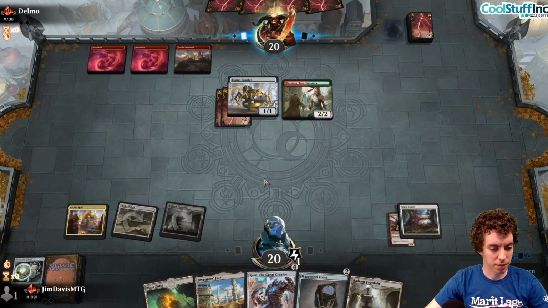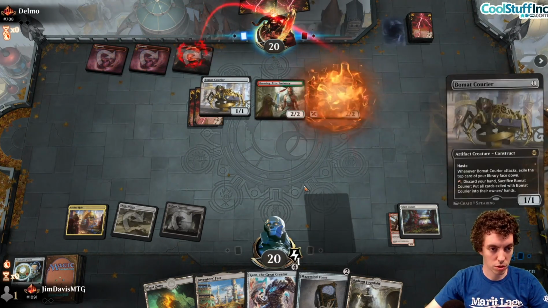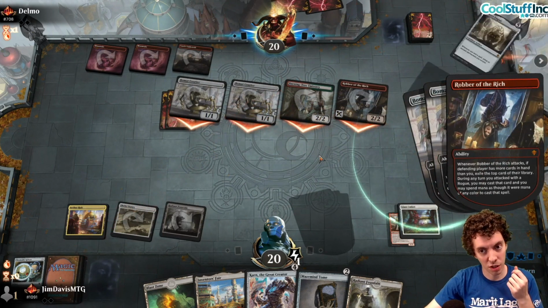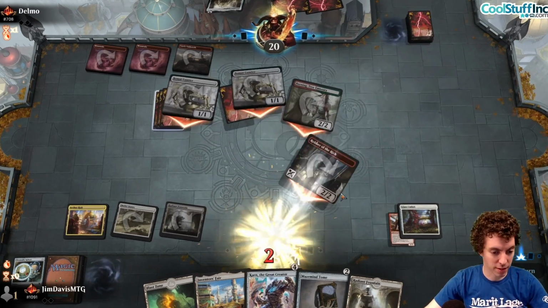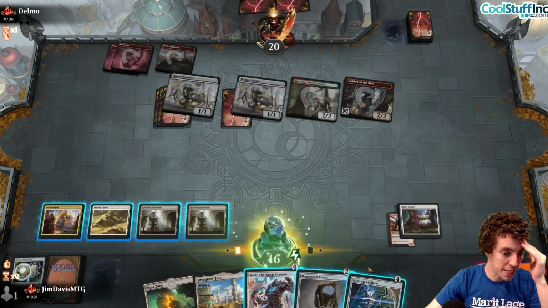Question is, what do we do next turn? We can play Karn, but it would probably die. Robber of the Rich. That's good. Oh my god. Real good hand from our opponent here. And they're going to steal a Paradox Engine. Sure. Imagine they can't make too much use of that, so... Archive's not bad. That's actually a pretty good draw. We're taking a beating here, but...